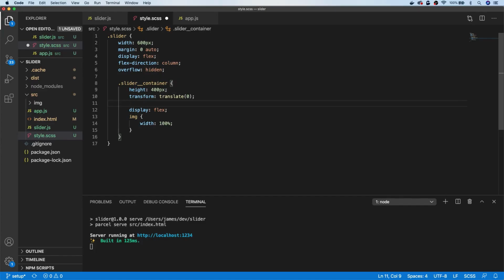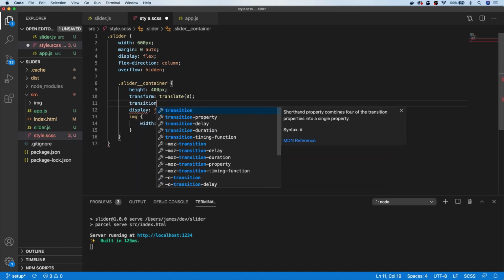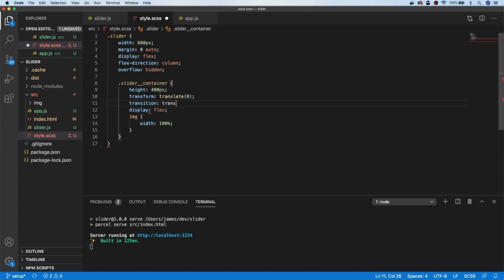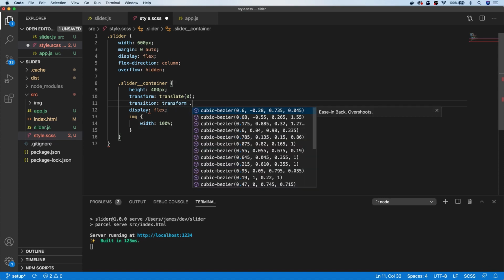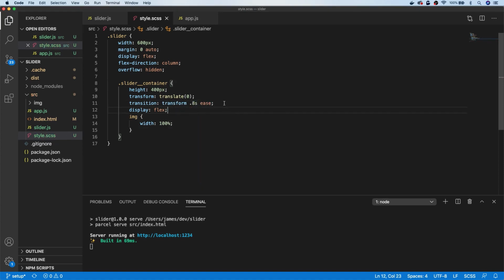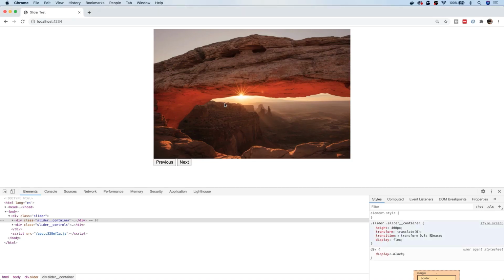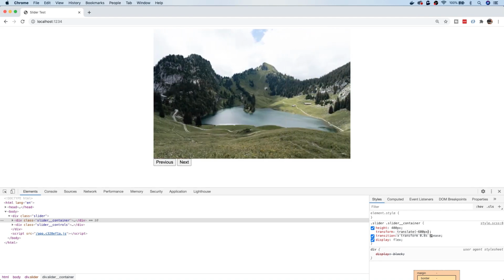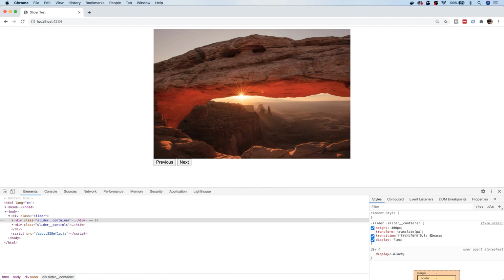So what we can do is to make a little bit of animation rather than using any keyframes or CSS animations. If we just set up a transition property, which looks at transforms when they occur, and just completes those over a short time, so for example 0.8 seconds. So we can actually just try this out in the browser now. If we go and manually edit this translate property here, and again we'll move it 600 pixels, when we hit that you can see we get that nice slide, and if we go back to 0 it takes us back